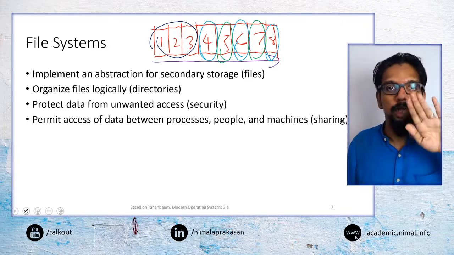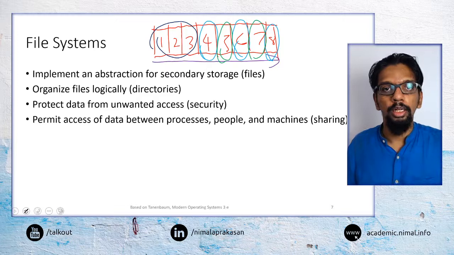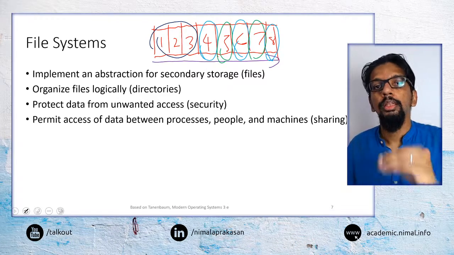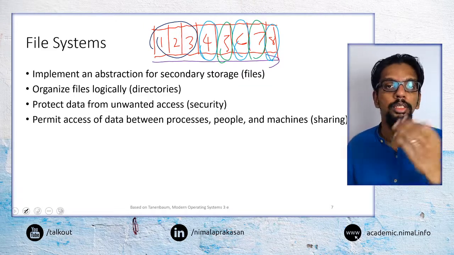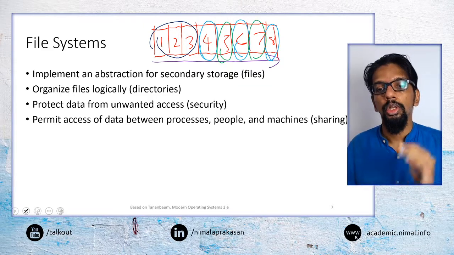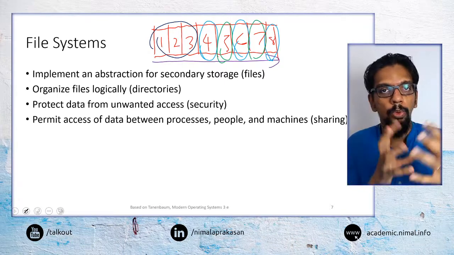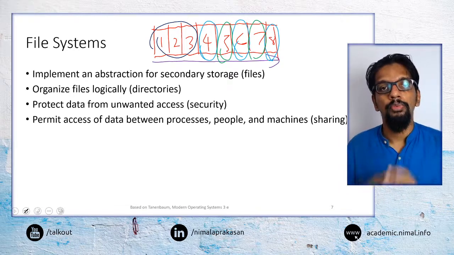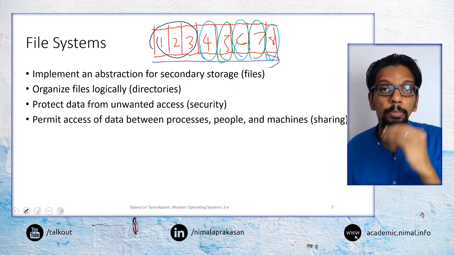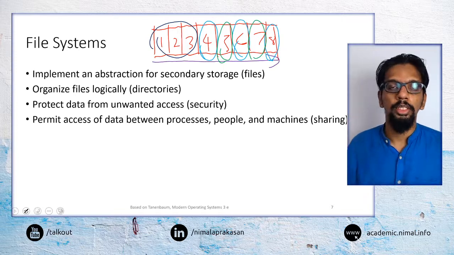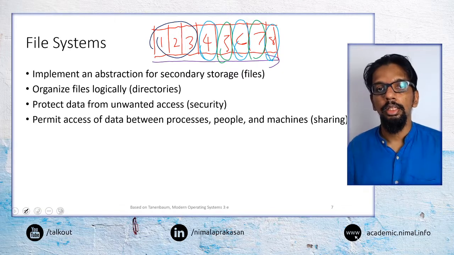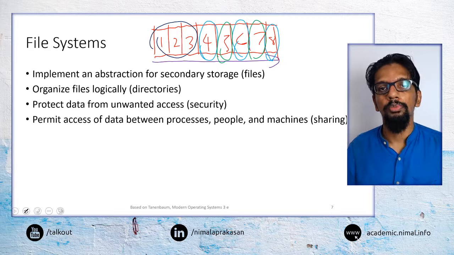So security is limiting access to who can read or write, but then again we may permit some people to say they can read or write. So that is sharing between different users. So these are the main four things a file system may be implementing, conceptually. The implementation may differ between file systems, and we can briefly touch upon that in the later part of the lesson. But the main thing is these are the things we would expect from a file system.